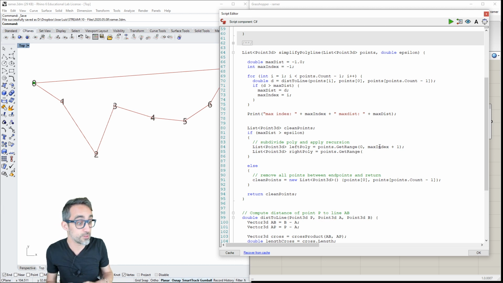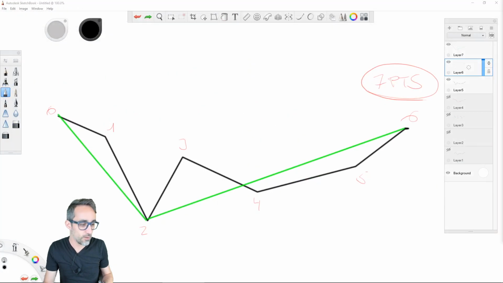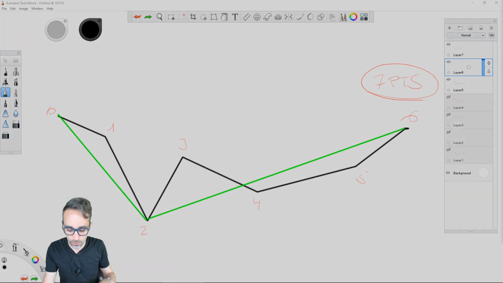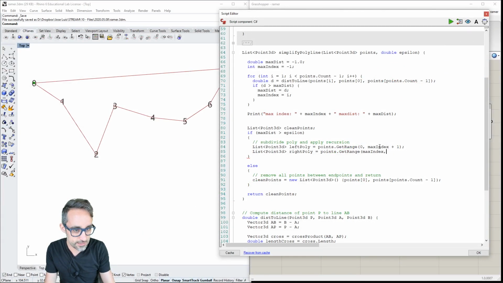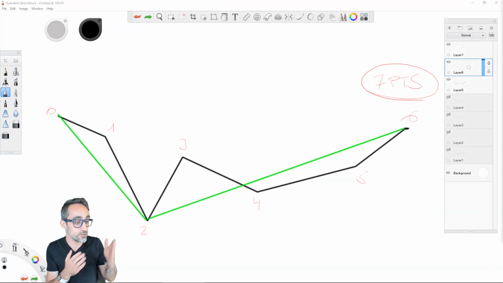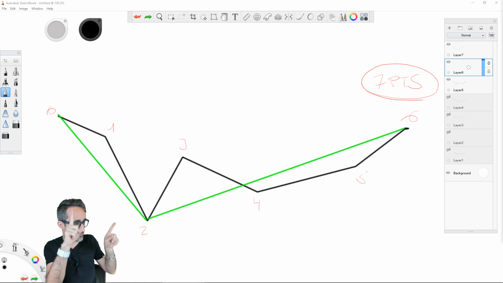We're going to use GetRange, and now we want to start with the first vertex being the one that we know is the farthest one away. So we're going to use max index, and then we need to calculate how many vertices we need to take. Remember, this polyline that I have drawn here has 7 vertices, and if you count, we want to get 5 vertices: 2, 3, 4, 5, and 6.